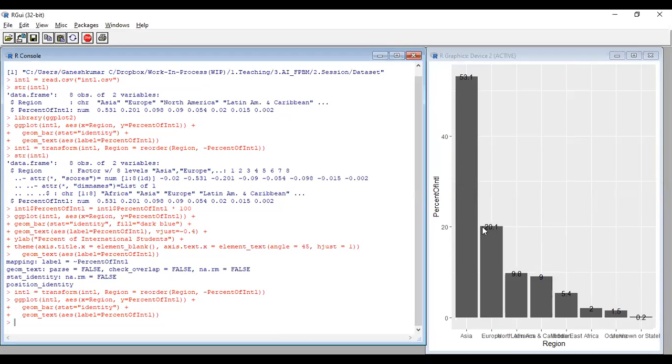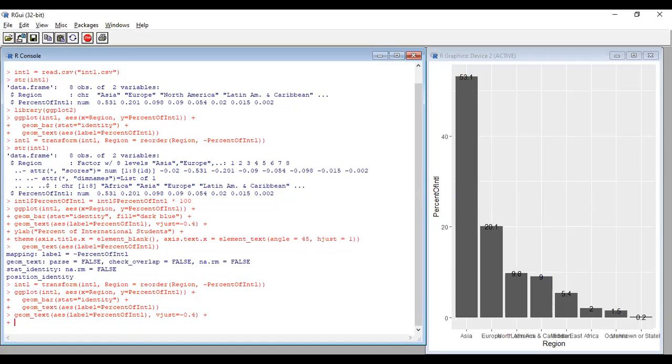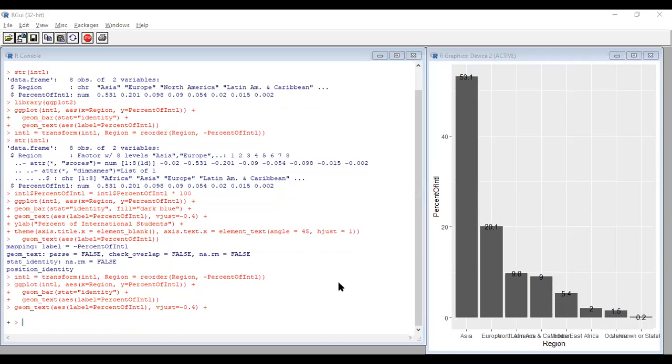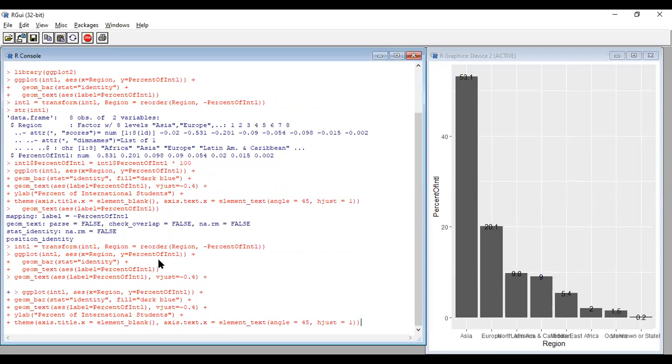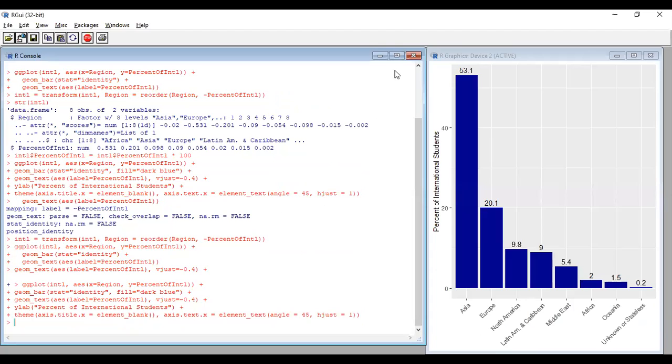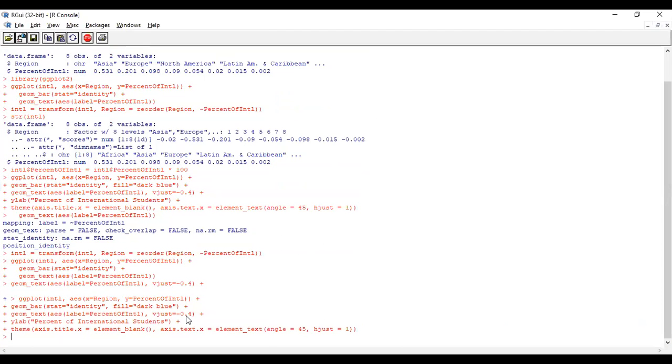Here the value we are getting is not exactly below. We have to reduce the size and place it at the top of the bar. So for this we can use this command. For that we use minus 4. That means it will adjust the size. You can use minus or some other value also. So this minus will adjust the position of the values on the bar.